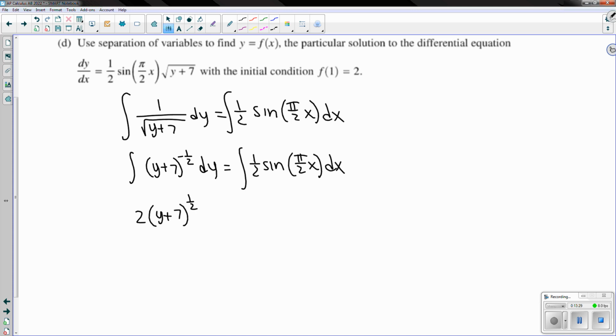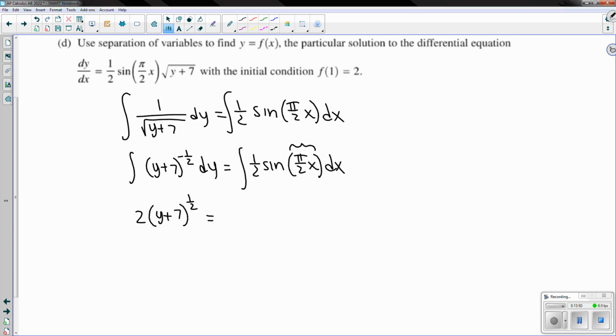Now I'm not going to do the plus c because we only need it on one side. I'm going to keep it on the side with the x, because it would be redundant to put it on both. So now we're going to go through that same procedure over here. We do have composition again, but our composition's derivative is a constant. It's pi over 2. So u substitution we don't necessarily need, but we are going to have to undo the